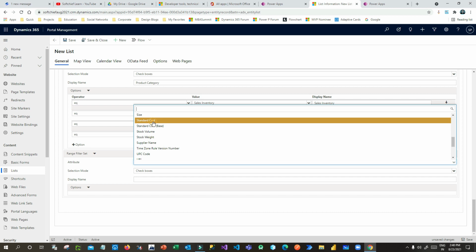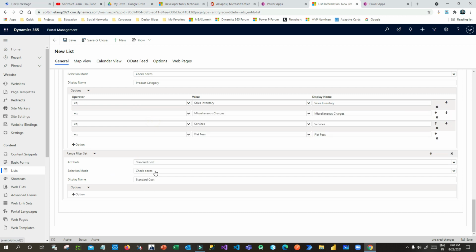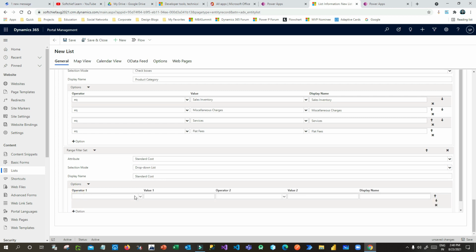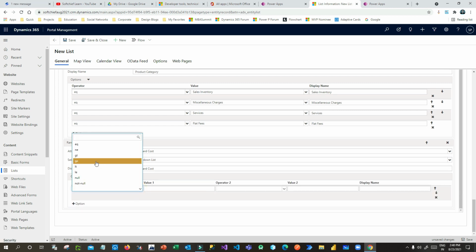Let's say standard cost. In the standard cost I want to display as a drop down, and here you have to add options. I want to display one option called greater than. You have to define the range: greater than equal to 1000, then less than equal to 5000, right?